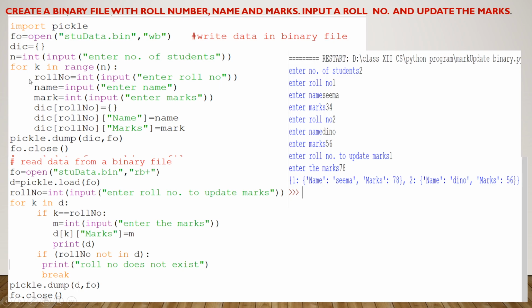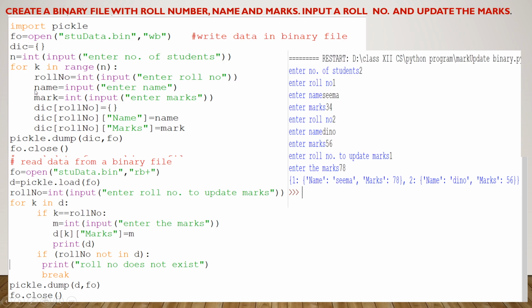So the first statement inside this for loop is roll number. This is a variable, and I want to assign a value to this roll number by taking input from the user. So again call the input function and right here write enter roll number. In this way it will display on your screen, enter roll number, and the user will enter the roll number, and this roll number is returned by this input function in the form of a string. And I want the roll number in the form of an integer, so that's why I call the int function here. So now 1 is converted into an integer, and after then it will be stored inside roll number.